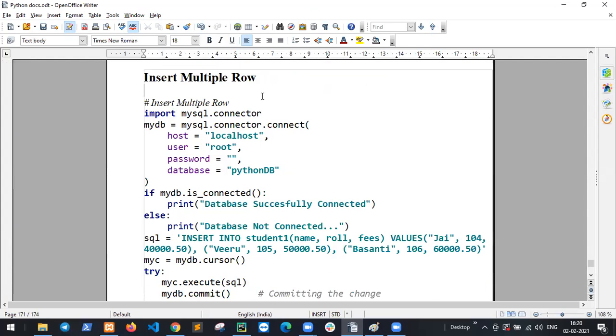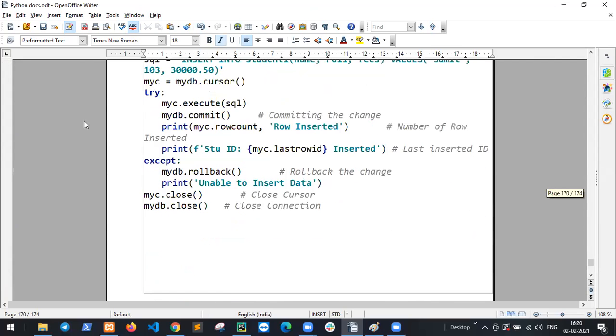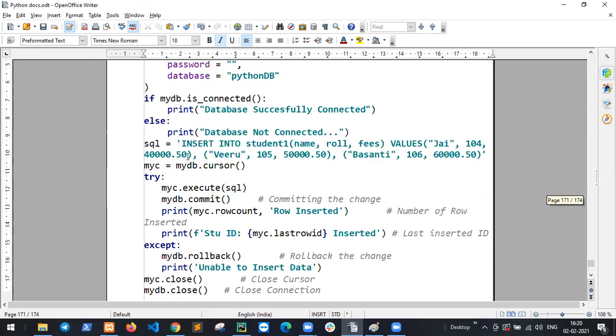Insert multiple rows. So how to insert multiple rows? This is a single row and I want to insert multiple rows.